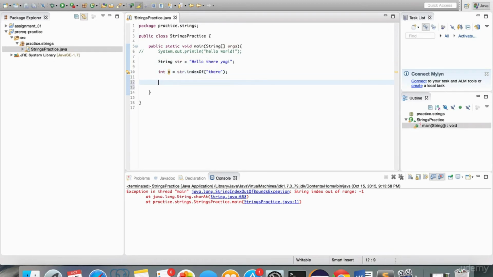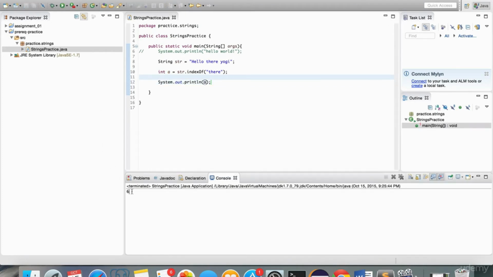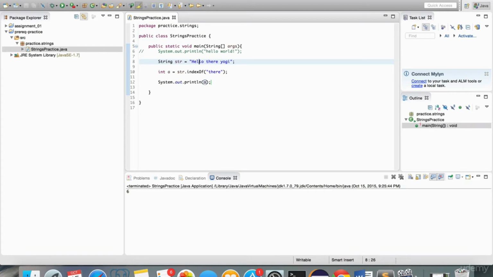All right, so let's print that so you can see where exactly it occurs. When we play this, it starts at the index position 6, and you can count that from 0, 1, 2, 3, 4, 5, 6. Okay, that's where it begins. Now if we had another "there" after Yogi,